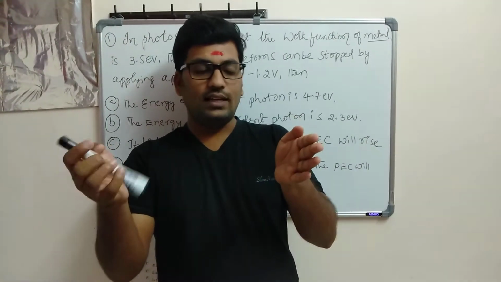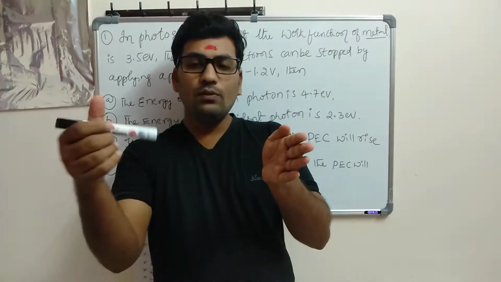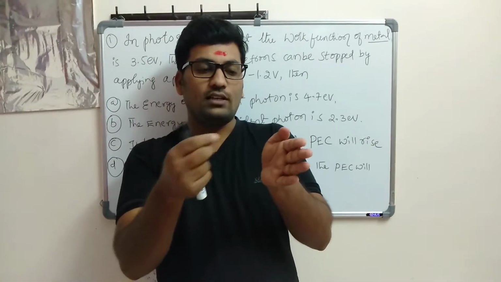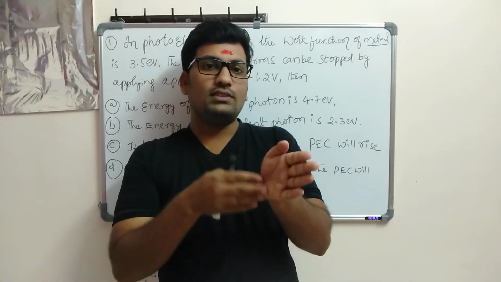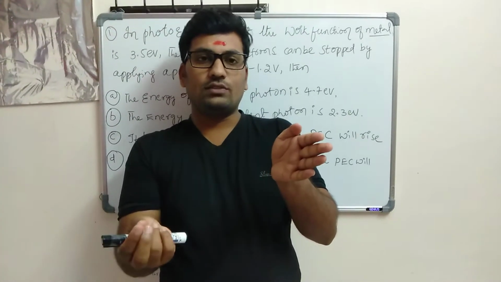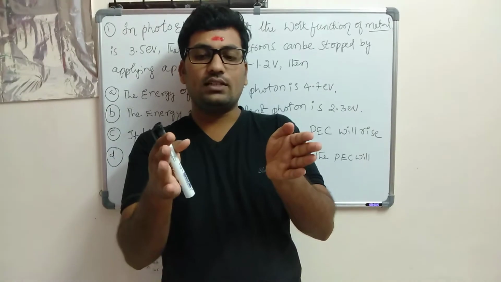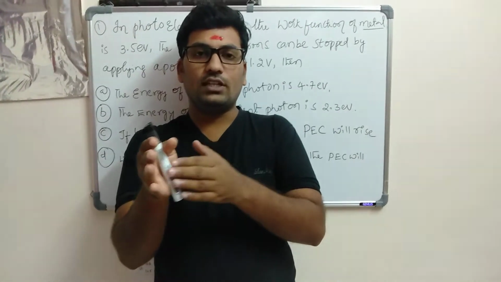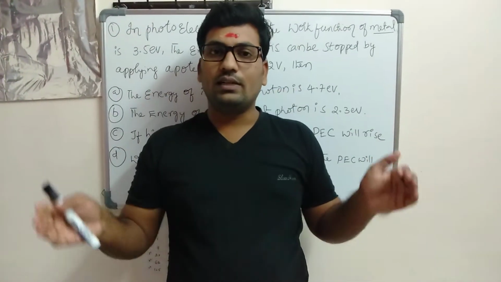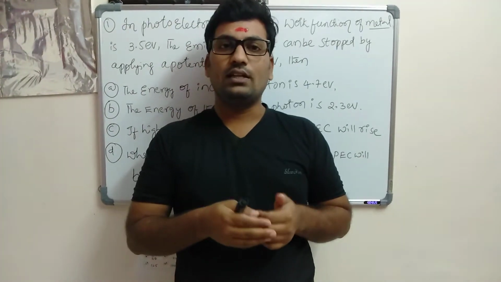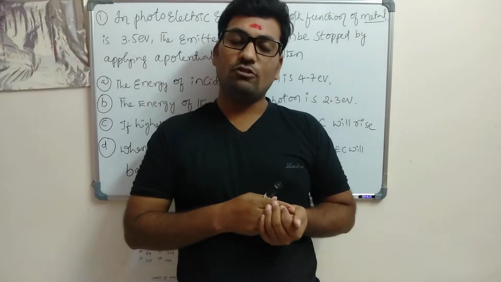When a photon of light is hitting on the surface of the cathode, the emission of electrons will occur. And definitely, due to that, the electron will reach the anode, and automatically the current will pass through the circuit. So that is what we have seen from the photoelectric effect.